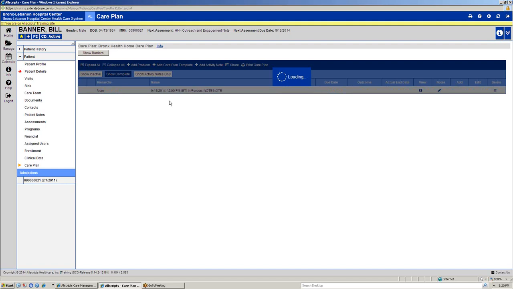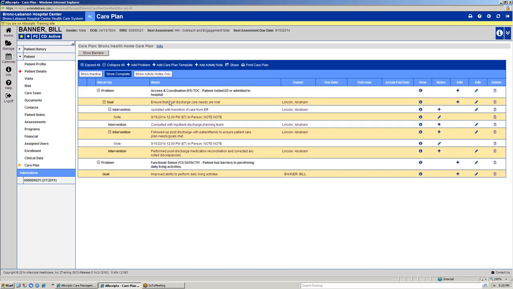So as I said, this care plan is meant to be a living document of the current problems, goals, and interventions. So we're going to want to add in problems, goals, and interventions as needed. And so I can already tell that down here, there is one problem that I have. Patient has barriers to performing daily living activities, and the goal is to improve the ability to perform daily living activities. So if I had created this, I need to add an intervention so that I can help this client